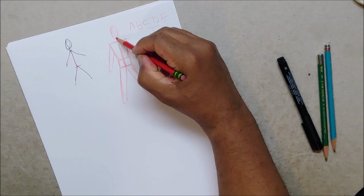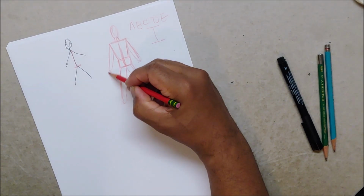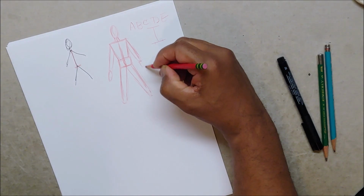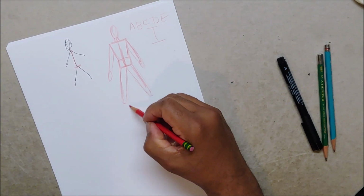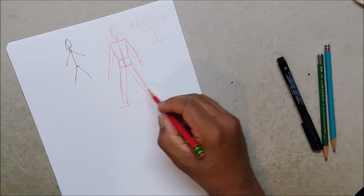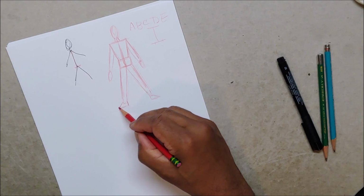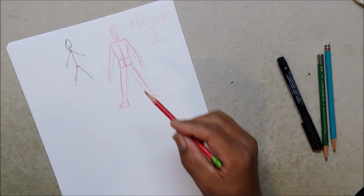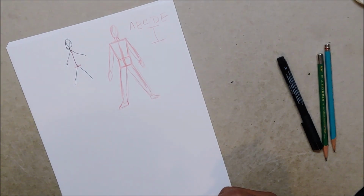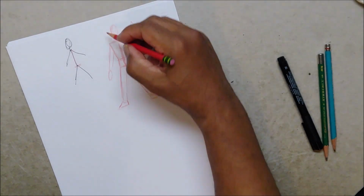And then your neck, this is the center, so you want to put two on the outside. Then just put an oval for the hand, and half a triangle for the feet, straight down, and then that. So it's like an L, and then you put a point on that, and this is the opposite L. So you just went from a stick figure to somebody that you can actually work with and be